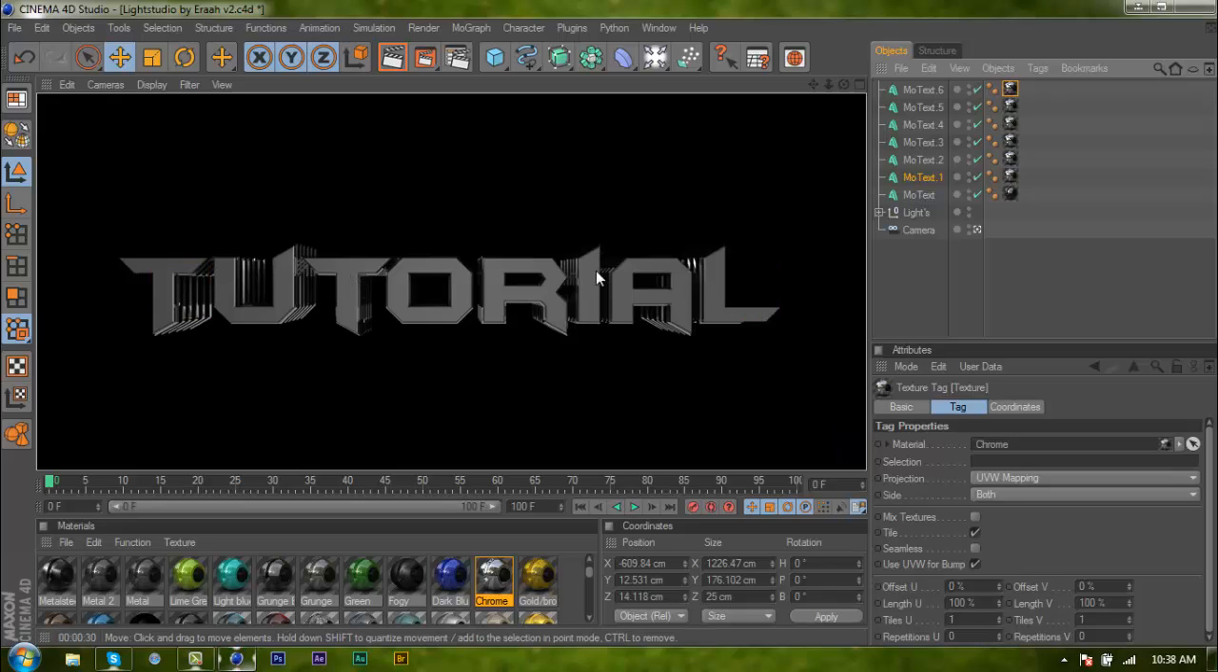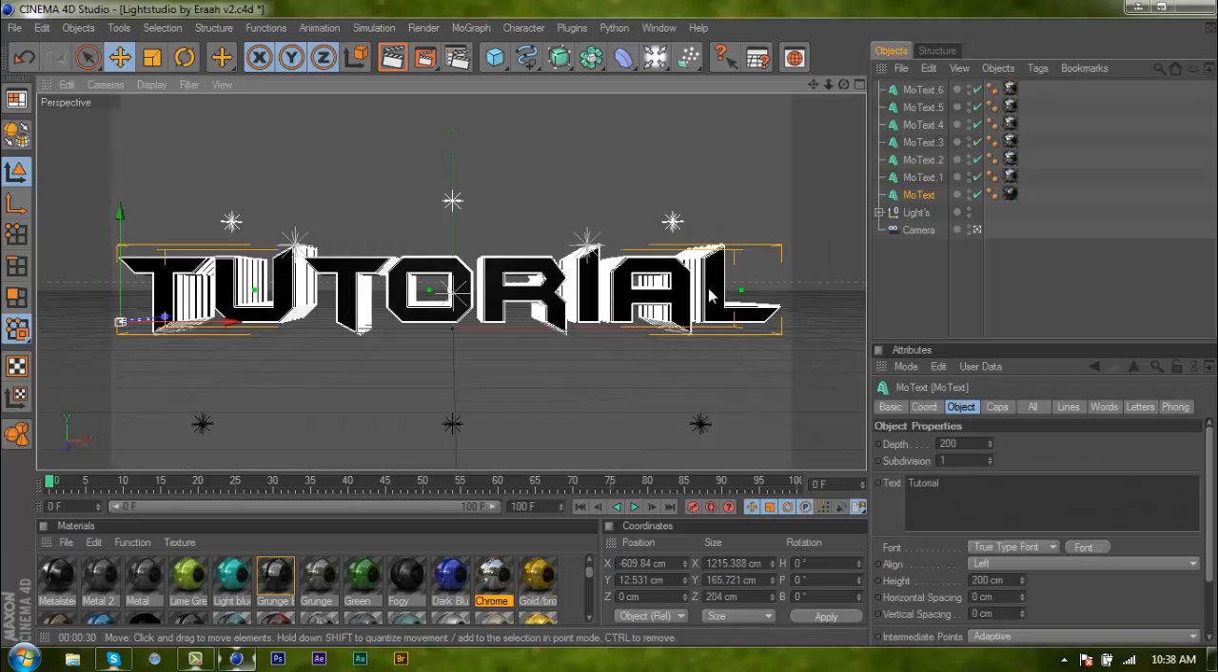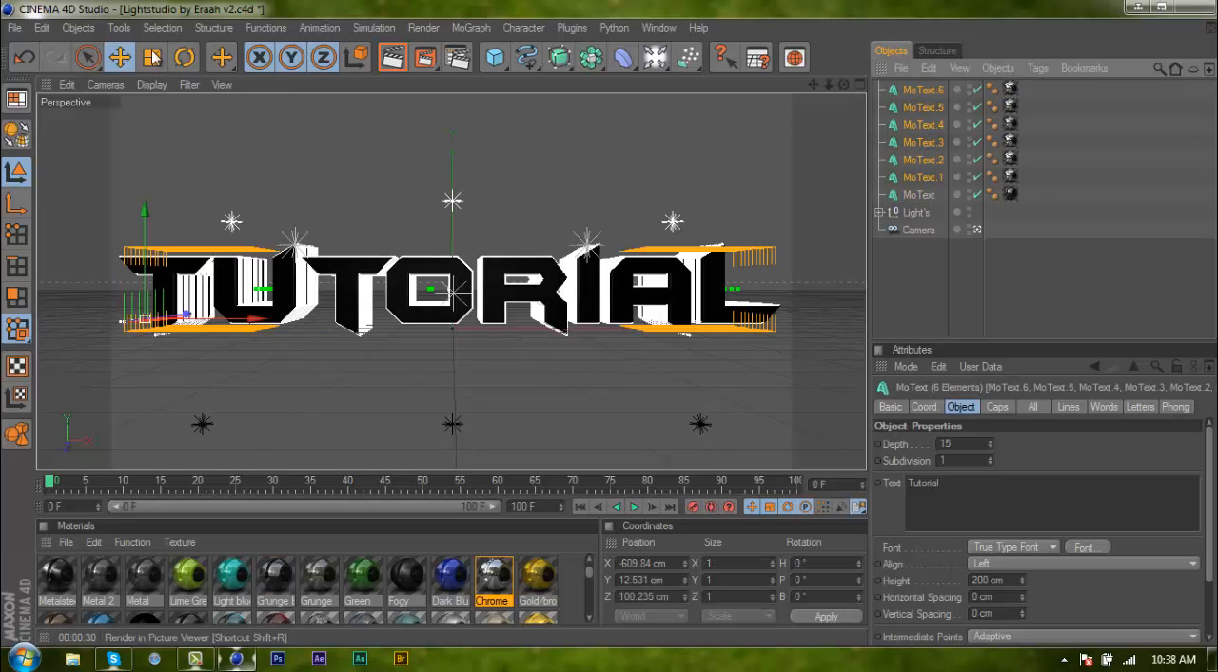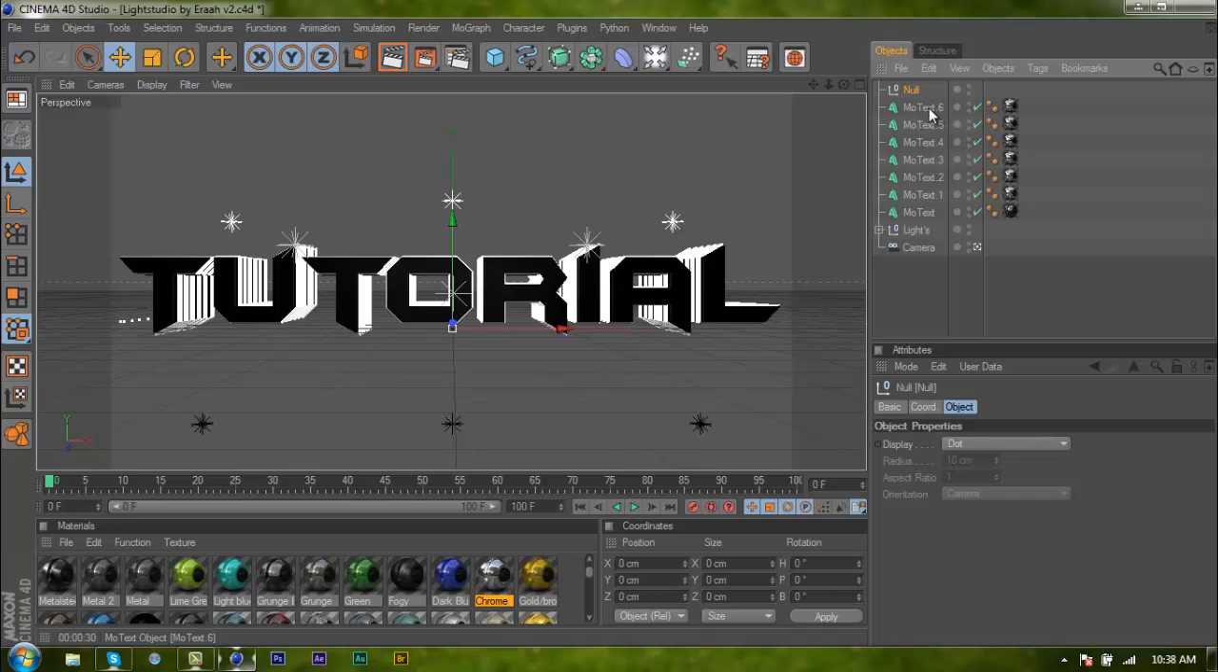See, you have these layered effects going on. That's not the effect that we're going for. So you're going to want to click the bottom text, hold shift, and click the top text. And go over here to Objects and go to Null, and then again